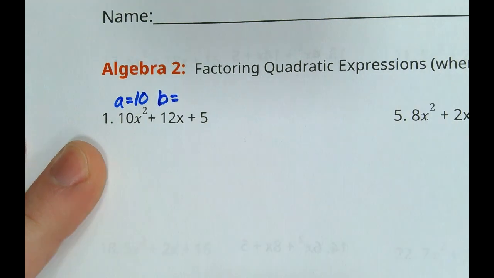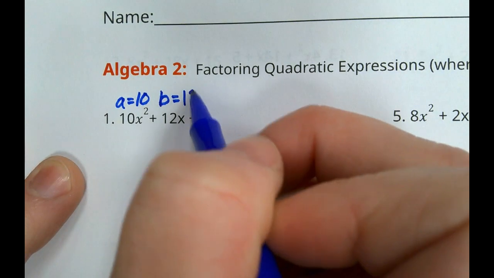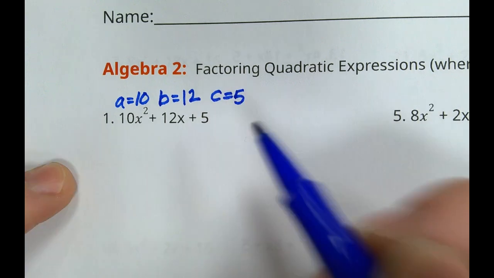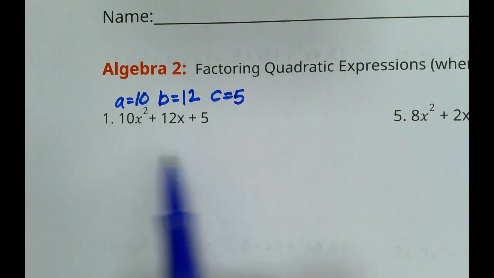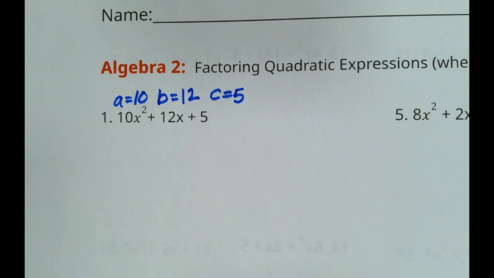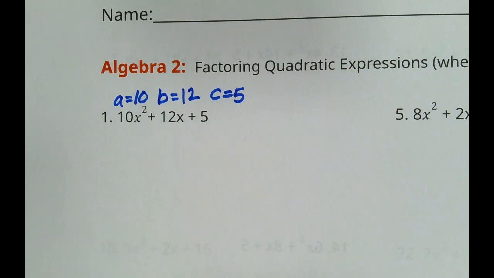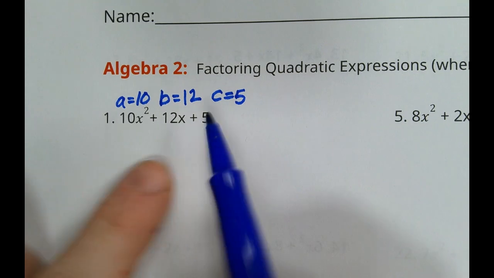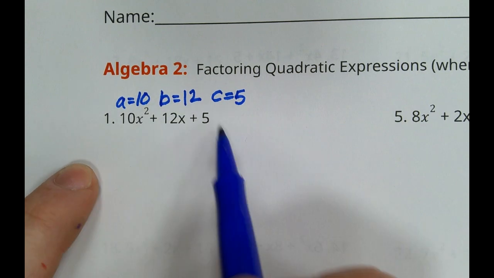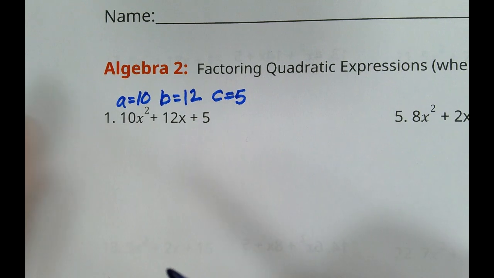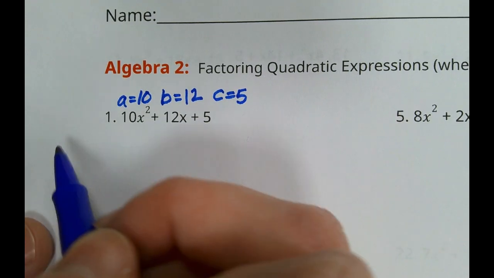B, what's our B? 12. What's our C? 5. Is there a greatest common factor here? No, I can't divide all of these by the same number. So there's no greatest common factor. Because I can't factor anything out, I know that my answer is probably going to have